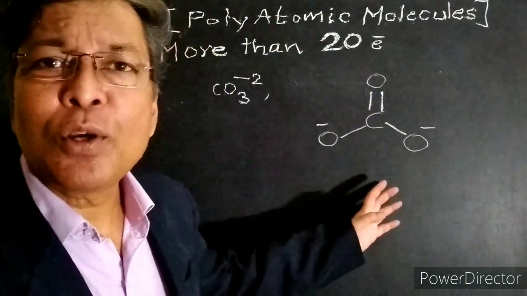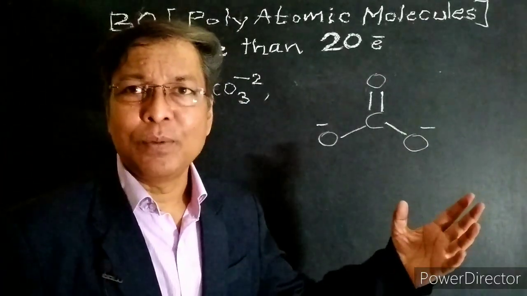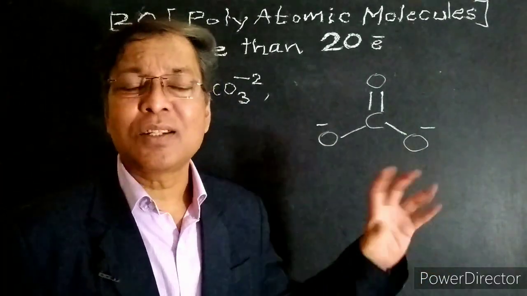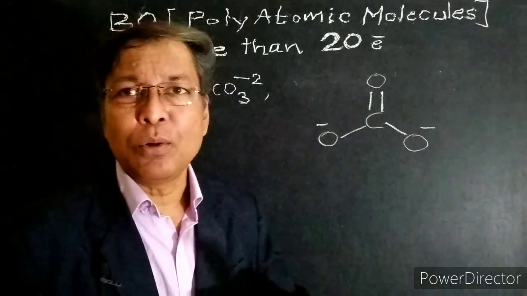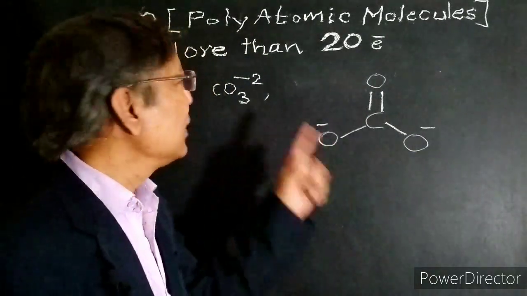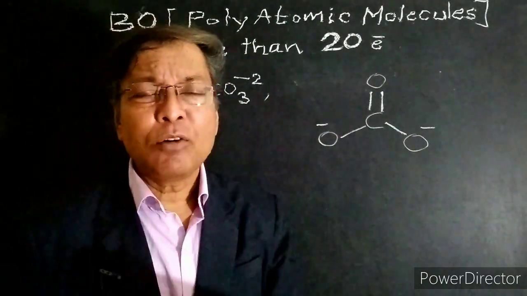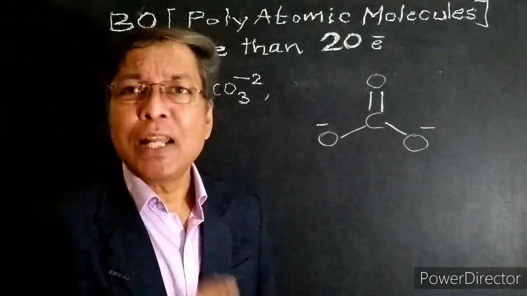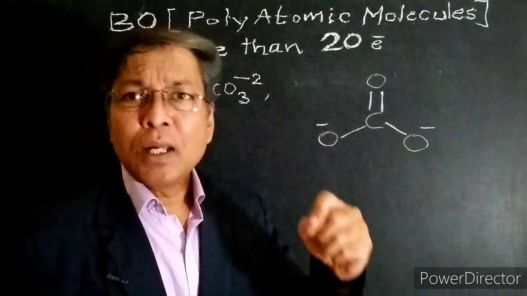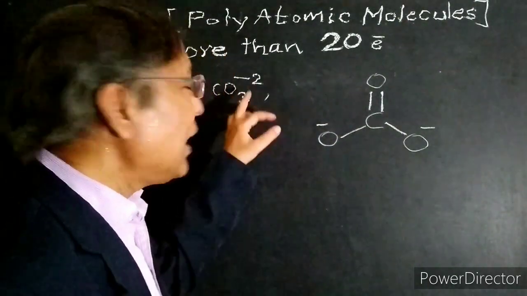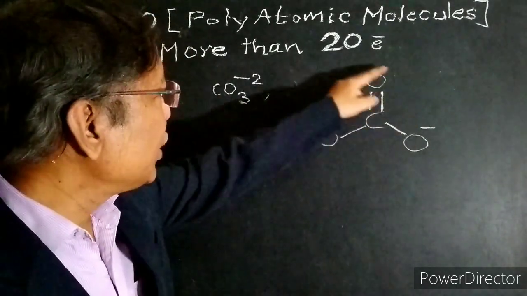This is the structure of CO3 minus 2. I repeat how to draw the structure of any molecule. First, we have to find out the central atom. How to find out the central atom? The atom present in less number is considered as the central atom, and then the remaining atoms should be distributed